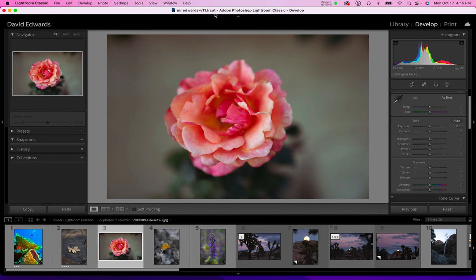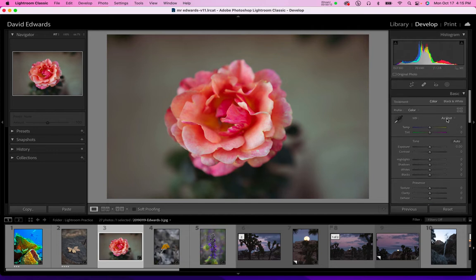Today we'll be editing this image, and we're going to be talking about editing in the style of straight photography. So first thing, we want to come over to our develop module. We're going to start in the basic module, and under the basic module you notice we have either color or black and white. So I'm going to click black and white,